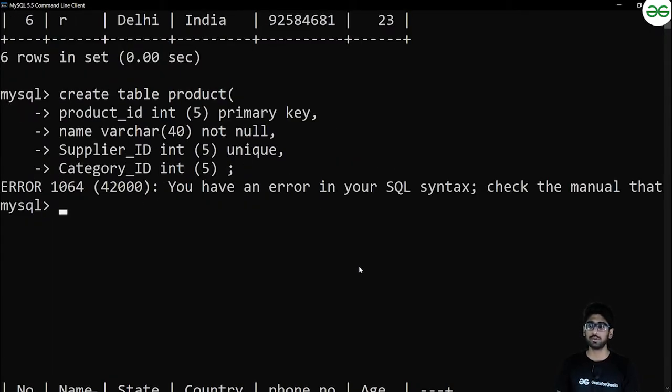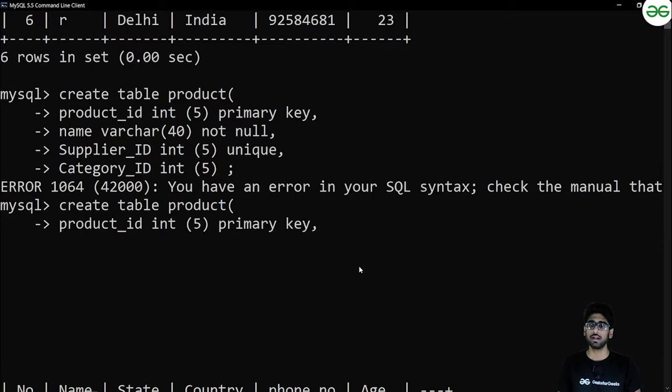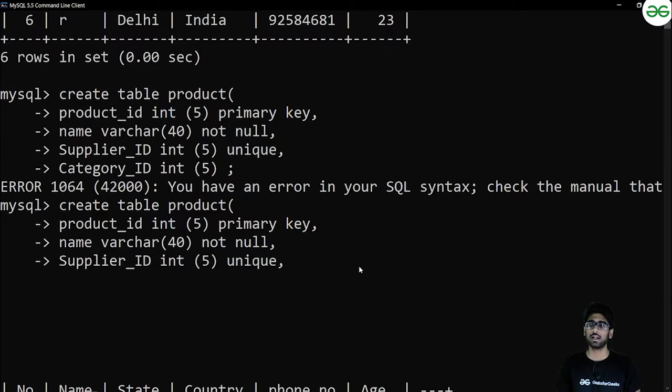This thing can happen to you as well, and when the situation arises, you just have to rewrite the whole create command by using the previous commands that you wrote. Okay, then the name was there, then the supplier ID, and I'm gonna remove the unique over here. Okay, then for the, yeah, so this was the table